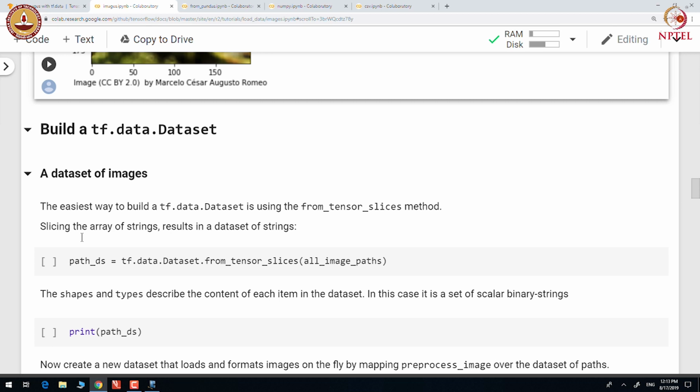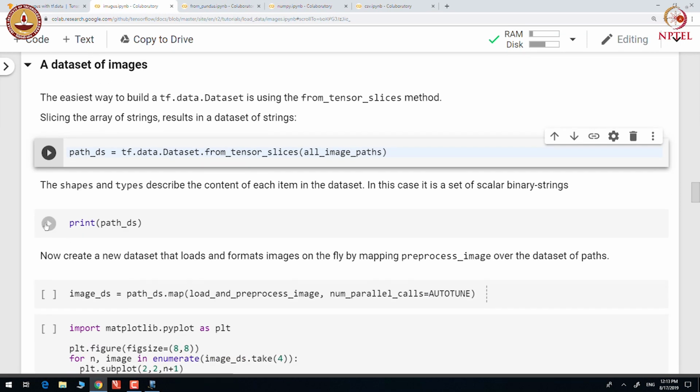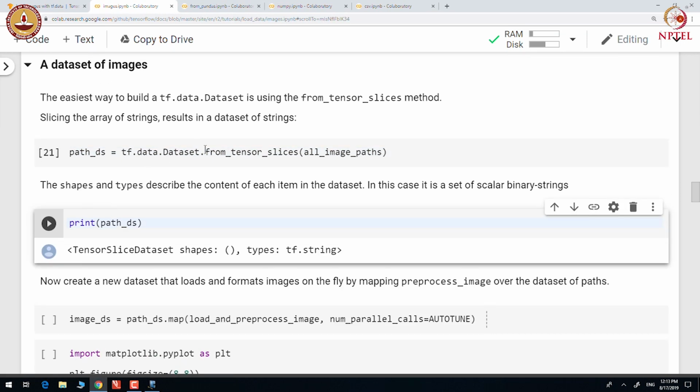Let us see how to build a tf.data.Dataset from these images. So, we first construct a dataset of paths. All the paths are in memory. So, we use from_tensor_slices as we were doing earlier in case of NumPy and Pandas datasets.